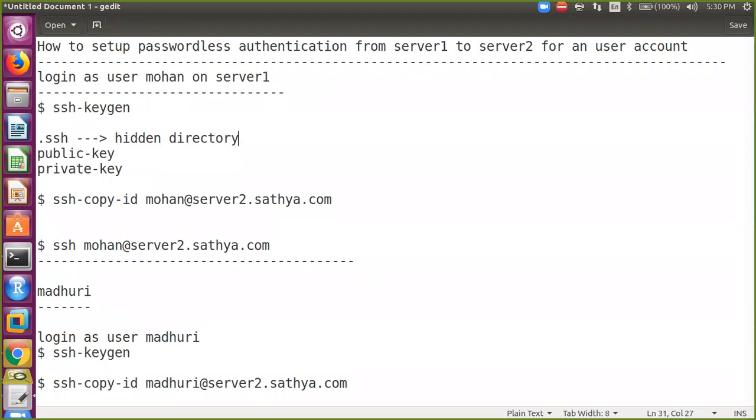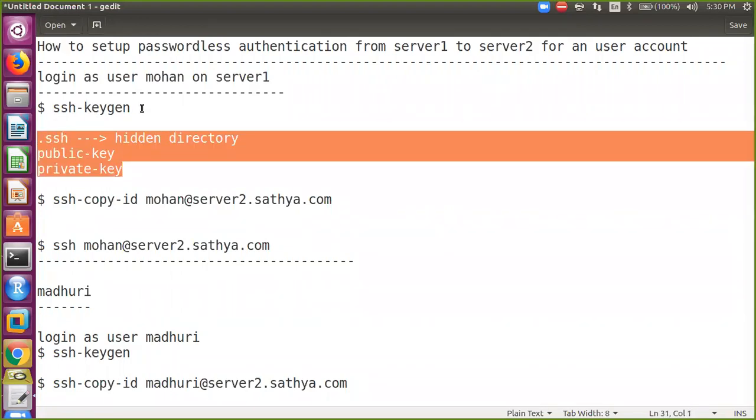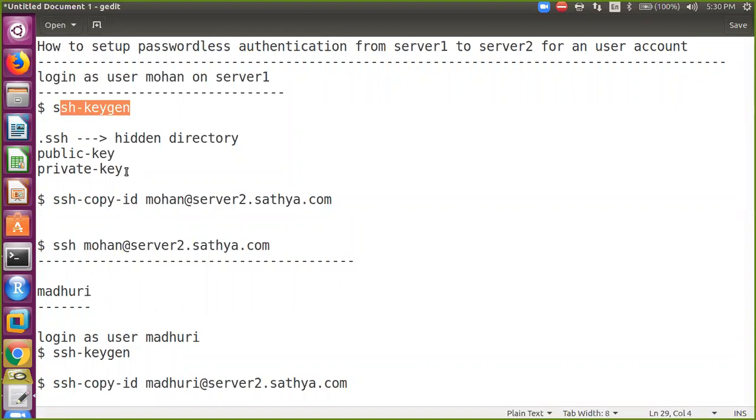It will create the hidden directory from where you have entered this command. That is the important thing. Why I said, please make sure before entering the command that you are entering it from your home directory only: because in order to search for the keys, it will be very easy if you enter this command from your home directory, because these keys will be under your home directory. So it will create one hidden directory in your home directory.